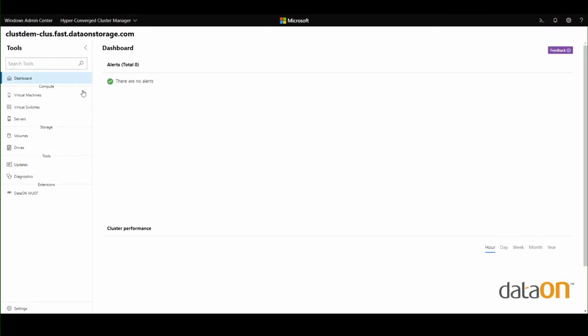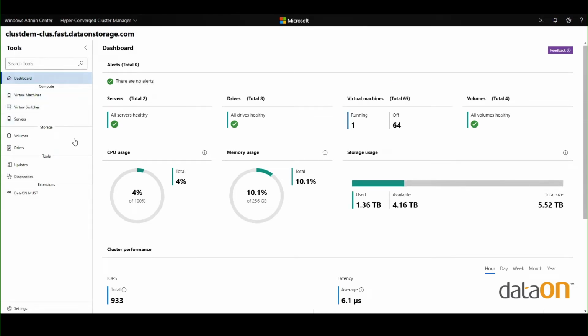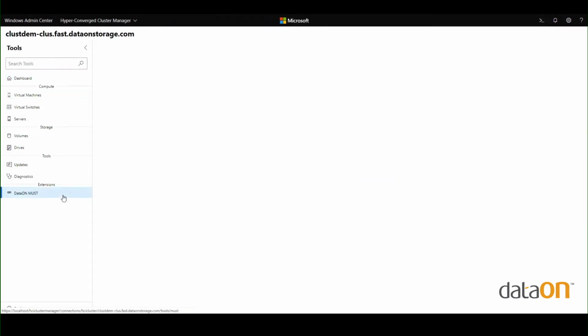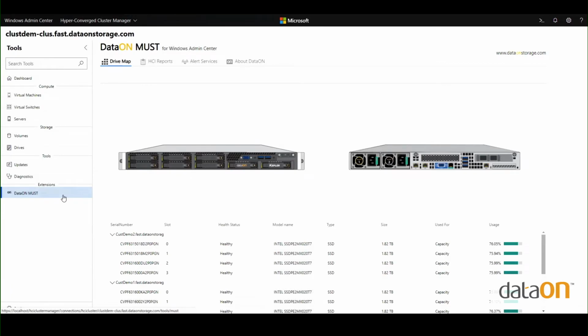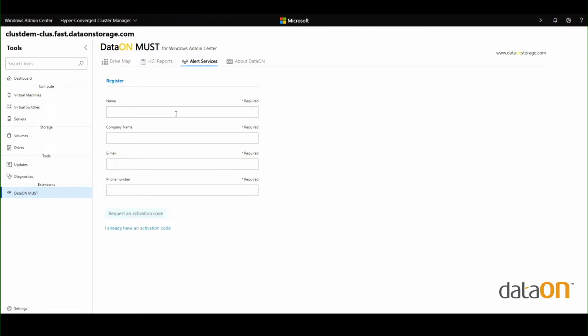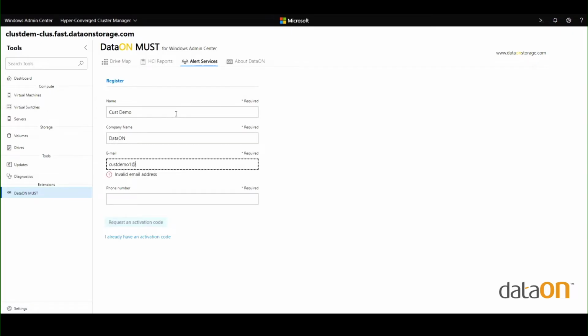Daton specializes in Windows Server Hyper-Converged infrastructure and provides the Daton Must extension in the Windows Admin Center Hyper-Converged Cluster Manager. You can see a great visualization of the drive mapping, and Daton also provides a really simple and convenient alert service. Without ever leaving Windows Admin Center, you can register from the extension,